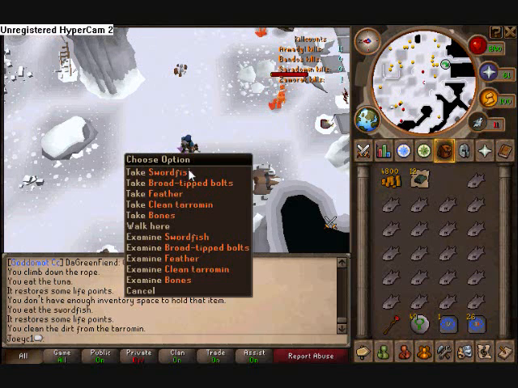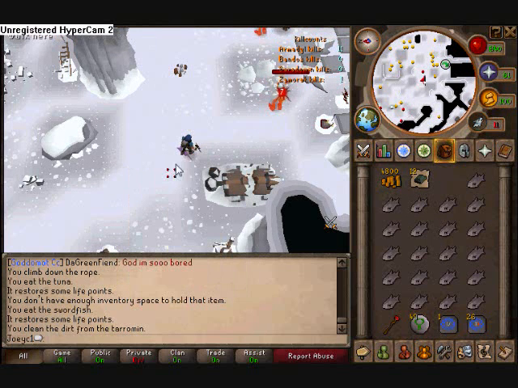By the way, if you get herbs, feel free to clean them and then drop them. It can't hurt you at all, and